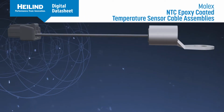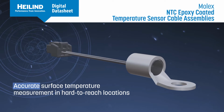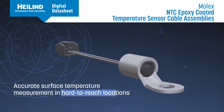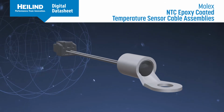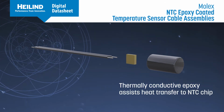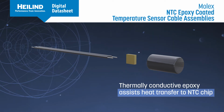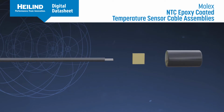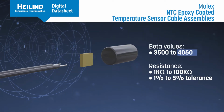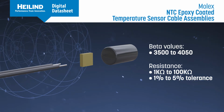Molex NTC epoxy-coated temperature sensor cable assemblies provide accurate temperature readings in a compact form factor suitable for hard-to-reach locations. The cable assemblies feature a thermally conductive epoxy coating on the NTC chip thermistor that assists heat transfer to ensure accurate readings. The sensors are available with a variety of beta values, resistances, and resistance tolerances to allow designers to